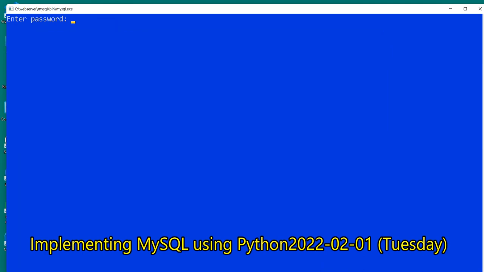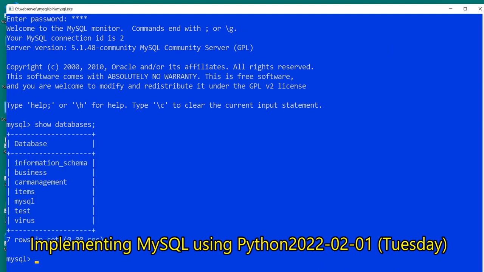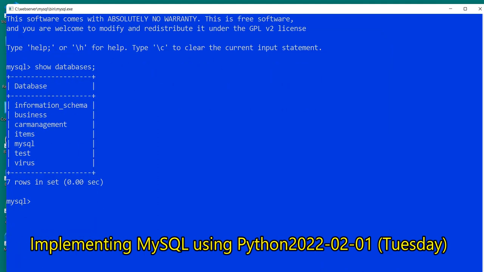So here we have a password, so we give the password just to display something. If I write down show databases, you can see that there is a database items. So this particular database I'll be using from Python. So we give the command use items and show tables,